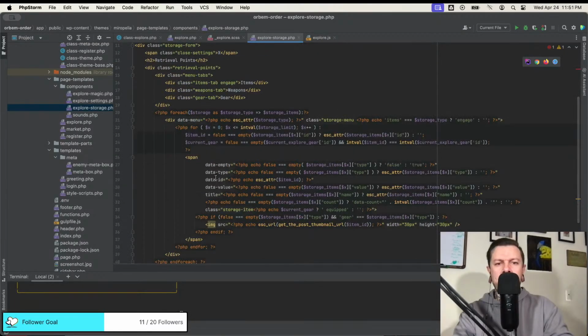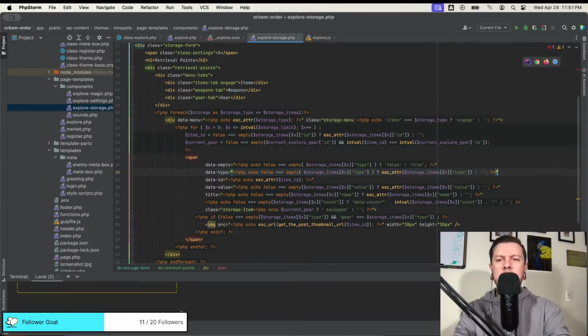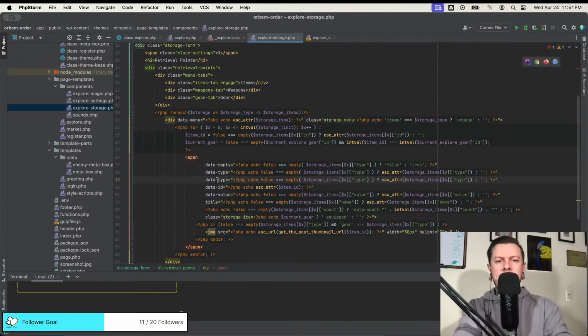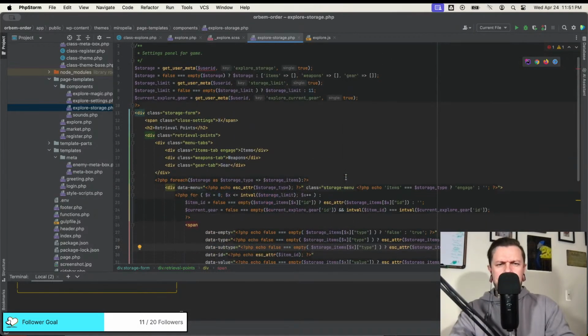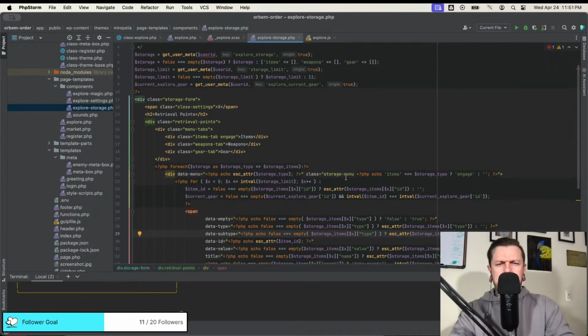Here we go. Data type. Let's do data subtype. I guess I'm not storing the subtype.